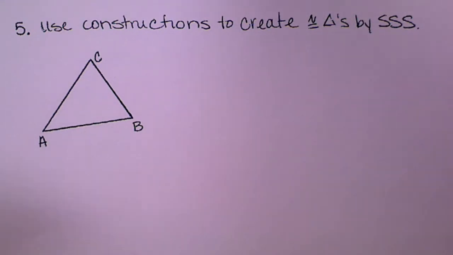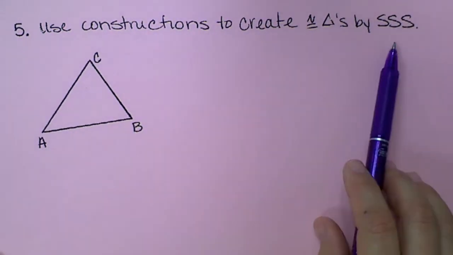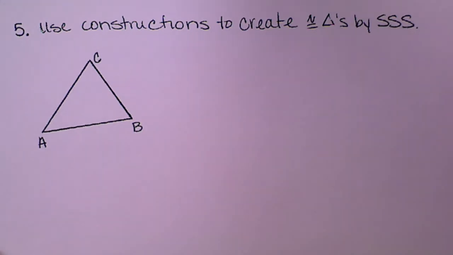We've already reviewed how to create constructions for congruent segments as well as congruent angles and bisecting of angles. We are now going to take everything that we've previously learned and use it to construct congruent triangles by our side, side, side. So the first thing you need to do, just like with our angles and our segments, we need to start